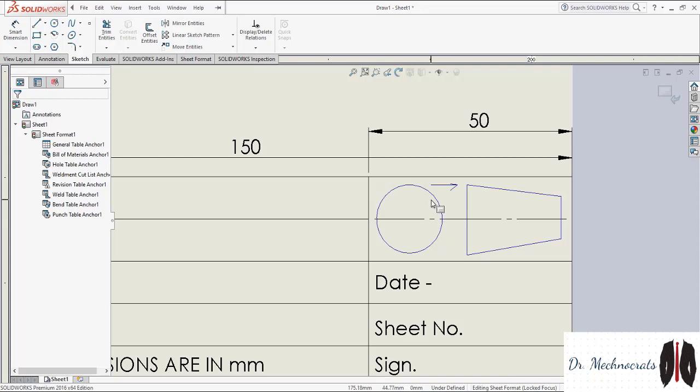Now first angle projection means we are seeing from the left hand side and drawing the view at the right hand side. Here the symbol will be, see, we are seeing from this direction.